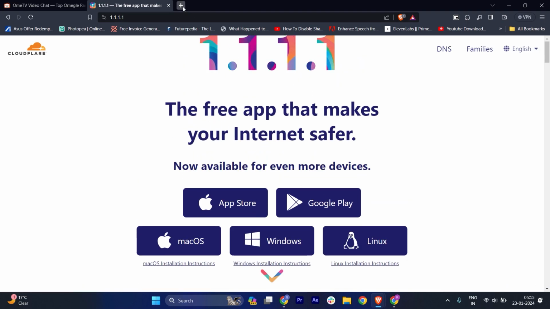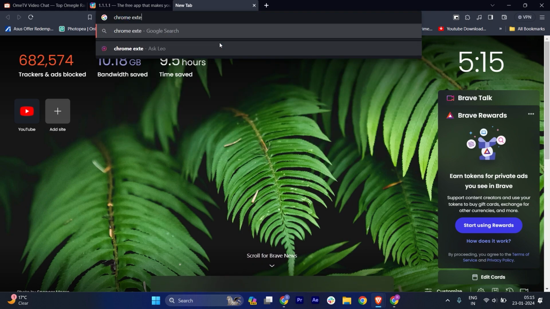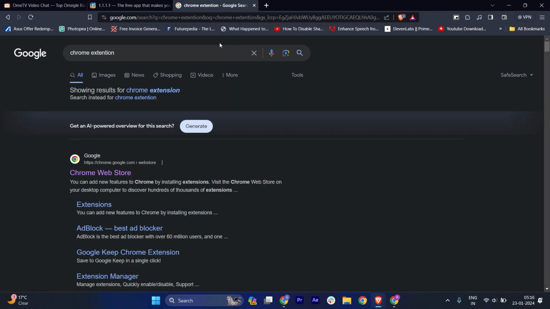If you don't download this, there is one more solution that is called a Chrome extension. So basically, the solution which I'm trying to show you